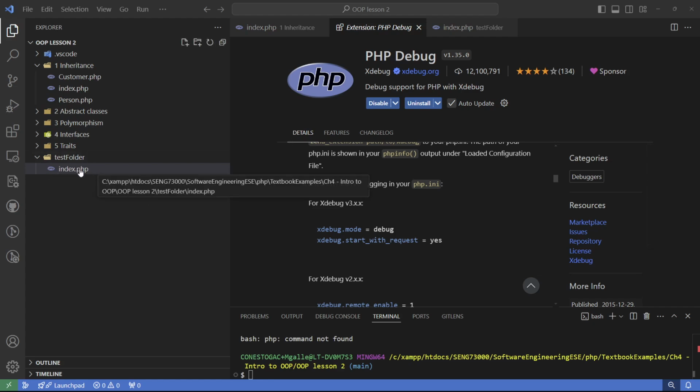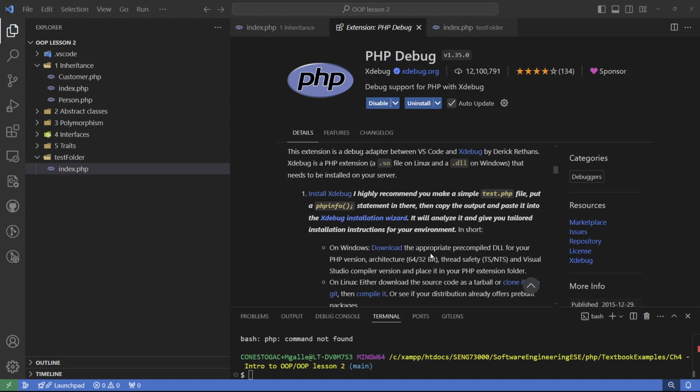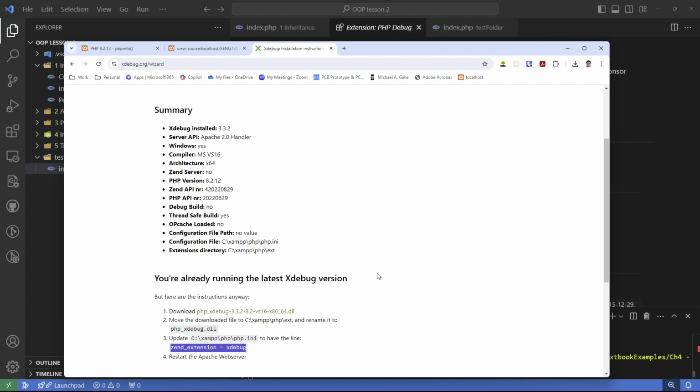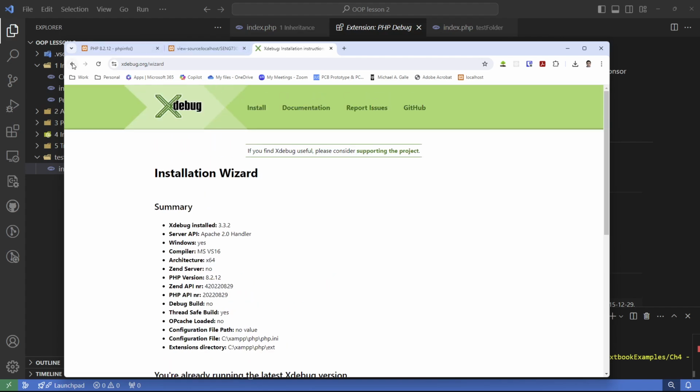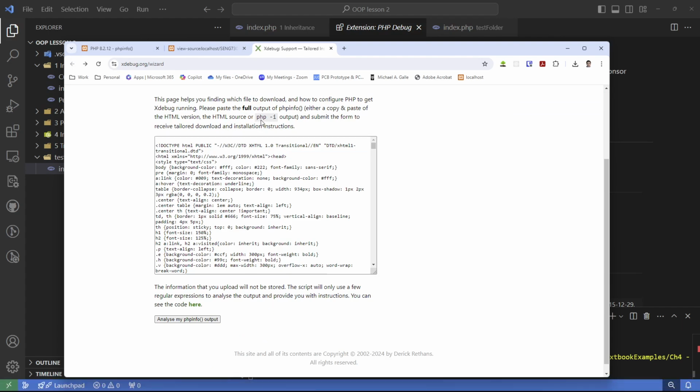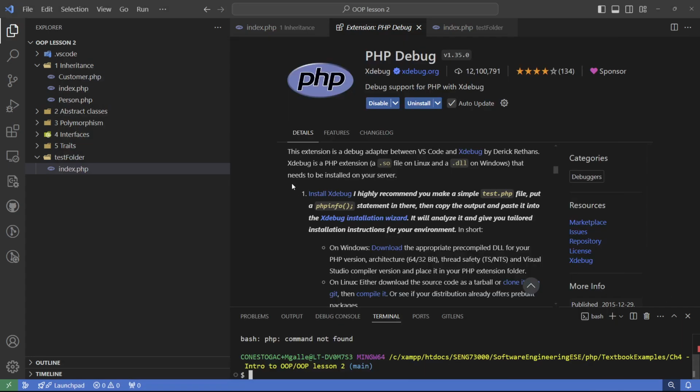The other alternative, if you don't want to do it in a browser, they explain how to do that here. Actually, I'll go to another one here. So let's go back up here. The alternative to running this in the browser, like I showed you here, pasting the code, is to basically type php -i. But you need to do this in this folder here. I'll show you. If you're going to run php -i,